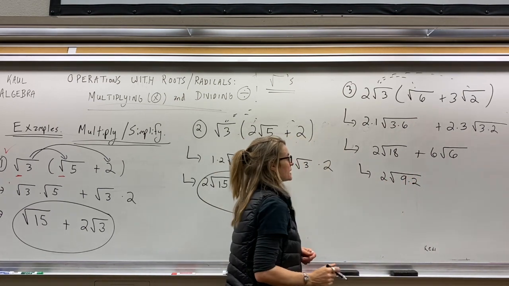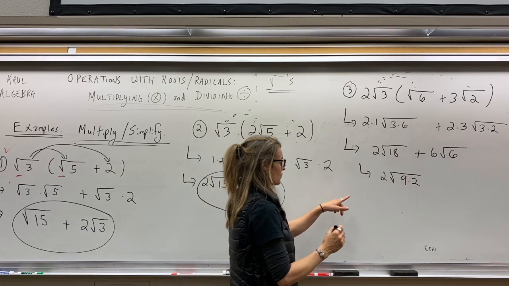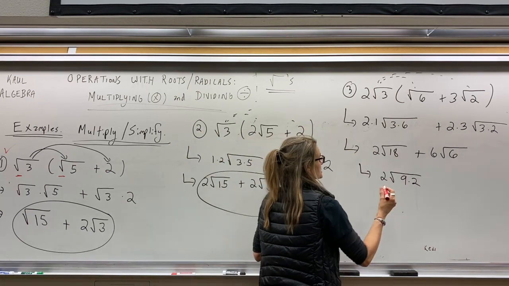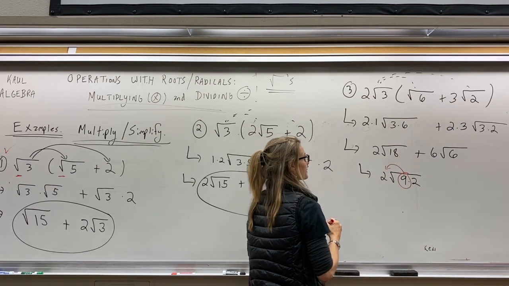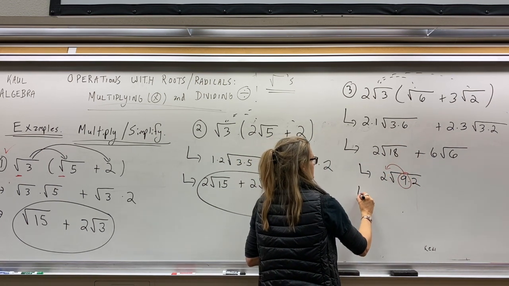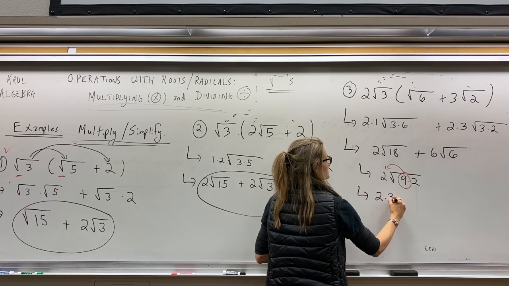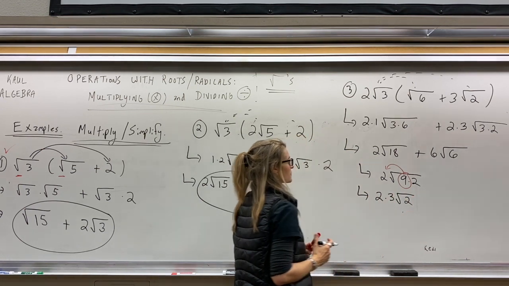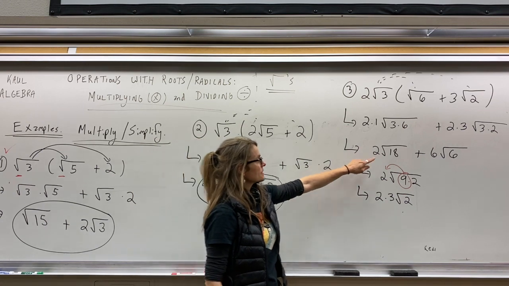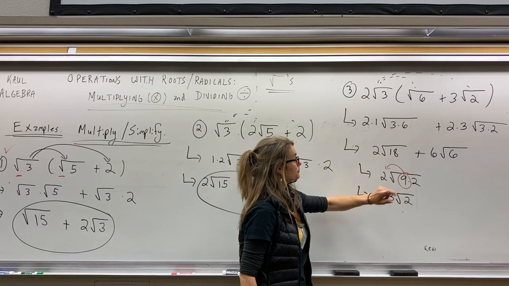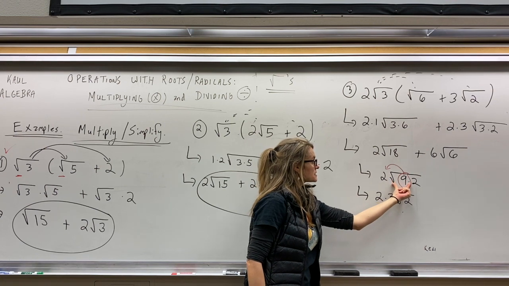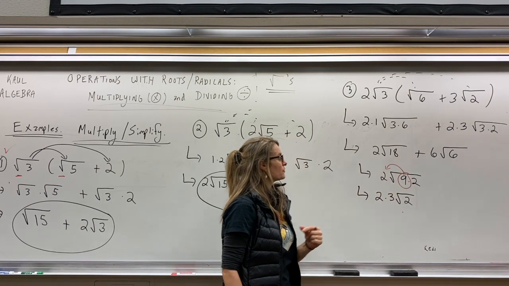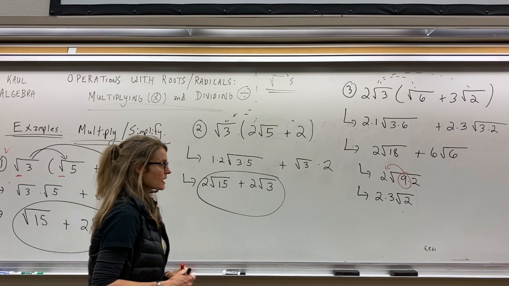This becomes 9 times 2, in which the square root of 9 is equivalent to 3, so I bring that out. I make this 2 times 3 square root of 2. Okay, so 18 is not a perfect square, but it contains a factor that is a perfect square, which this part, the square root of 9, becomes 3, and I can move that into my coefficient. And that's a simpler